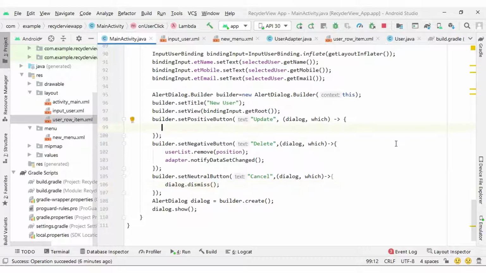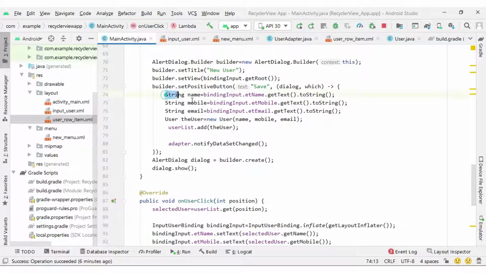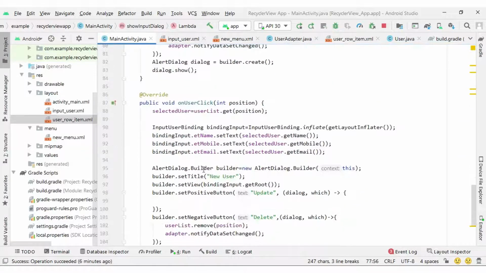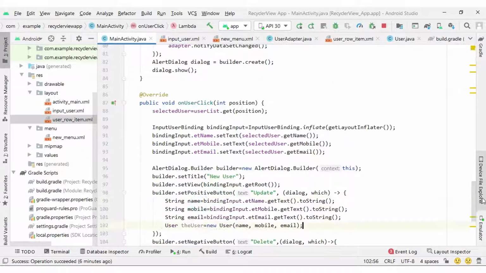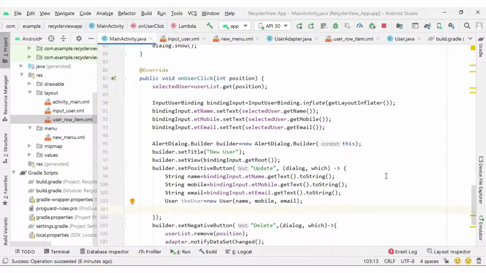And finally on set positive button we also need to create the user object like this, and that user we need to update in our array list at the specific position. So you can write user list dot set method here.